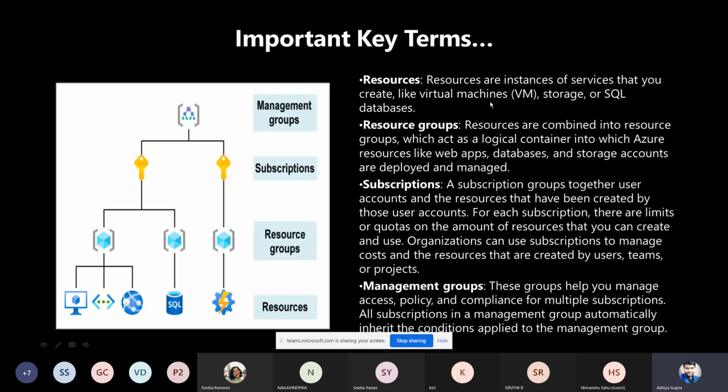Next, go to resource groups. Resource groups are like grouping similar resources in one entity. I will give you a good example. There are many students in a school, but how can you identify which class a particular student is from, or the name of the student?